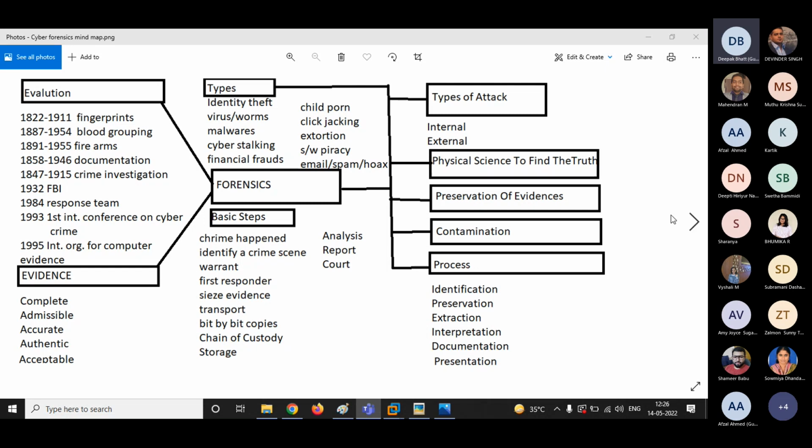It is possible that a person in the forensic team itself is trying to corrupt the evidence. Now, how will you protect that evidence from getting corrupted? Chain of custody will be maintained.